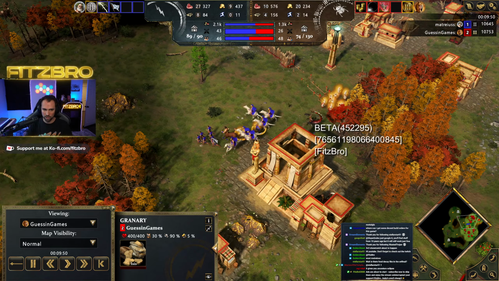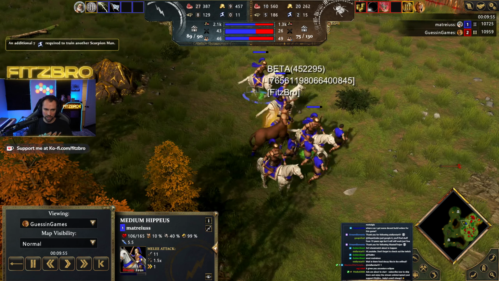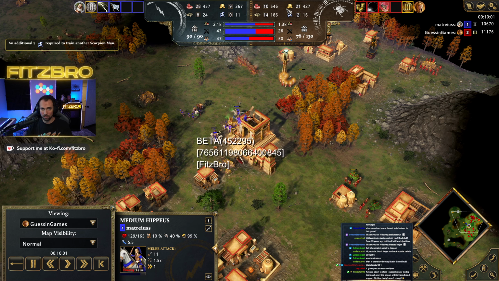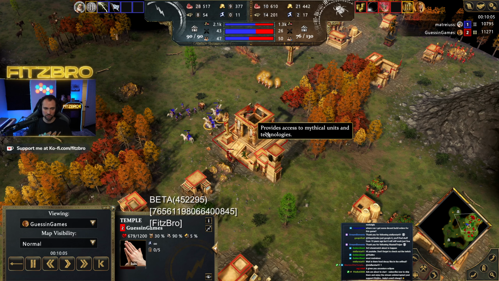Okay, so he's getting his ranged armor, so you see there's some archers out there. And these Scorpions, they do area damage with the poison. It's damage over time. See that little green? So that's what's going to happen there. He's got tons of villagers on gold. 21 on gold, 10 on food right now, because he's mostly producing...